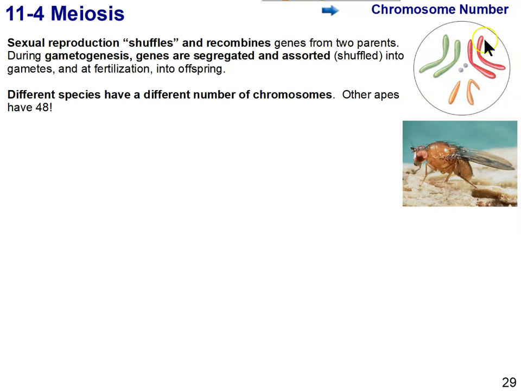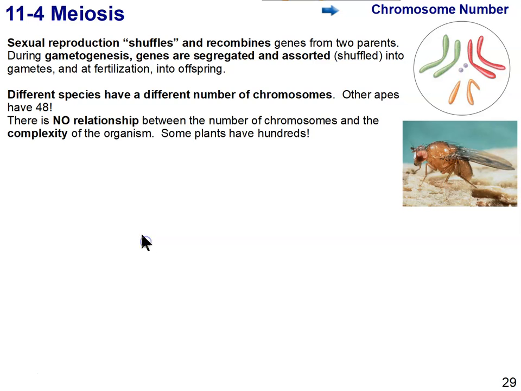Fruit flies, as you can see here, have 8. Right? So we're looking at 4 pairs of chromosomes in fruit flies. And the thing to note about that is that the number of chromosomes a species has has no connection to how complex it is. There's no relationship between the number of chromosomes and the complexity of the organisms, because some plants have hundreds of chromosomes,